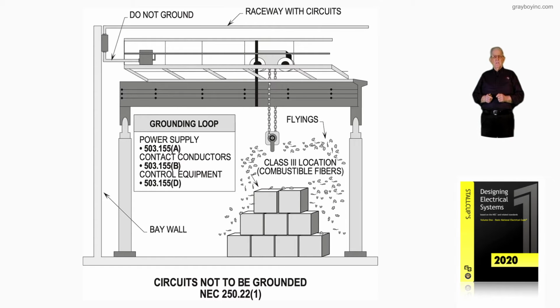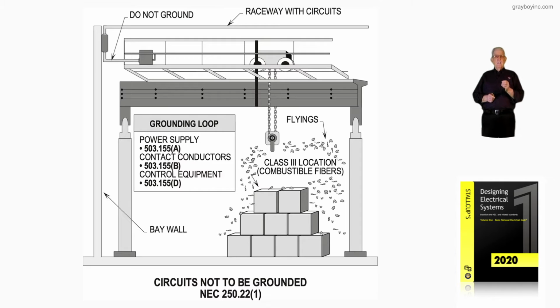Now this illustration deals with circuits not to be grounded, in accordance with NEC 250.22, item 1. Now, this item 1 is dealing with cranes operating over combustible materials and fibers and so forth. Now notice the grounding loop is very important because the power supply has to be ungrounded in accordance with